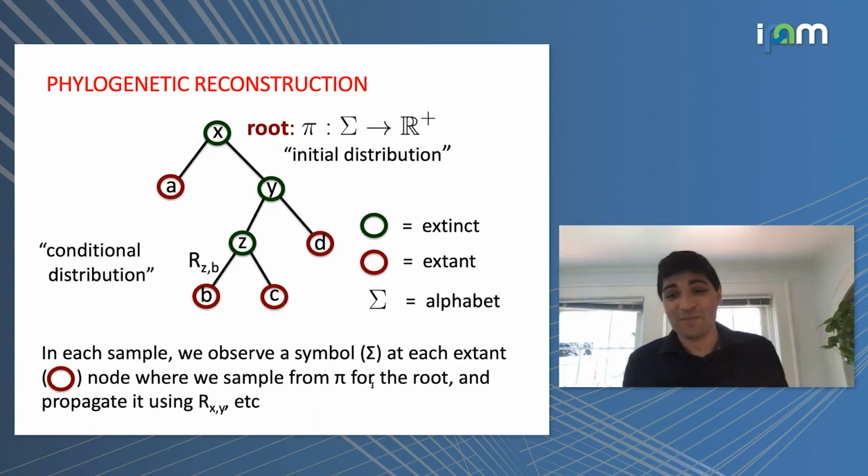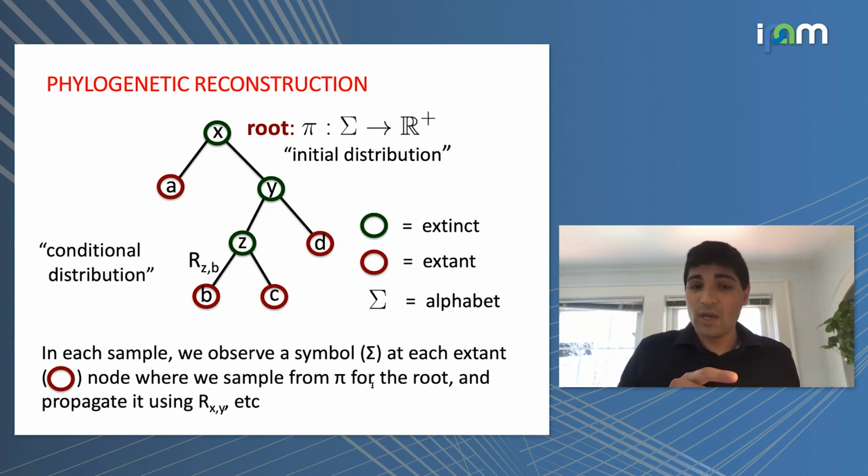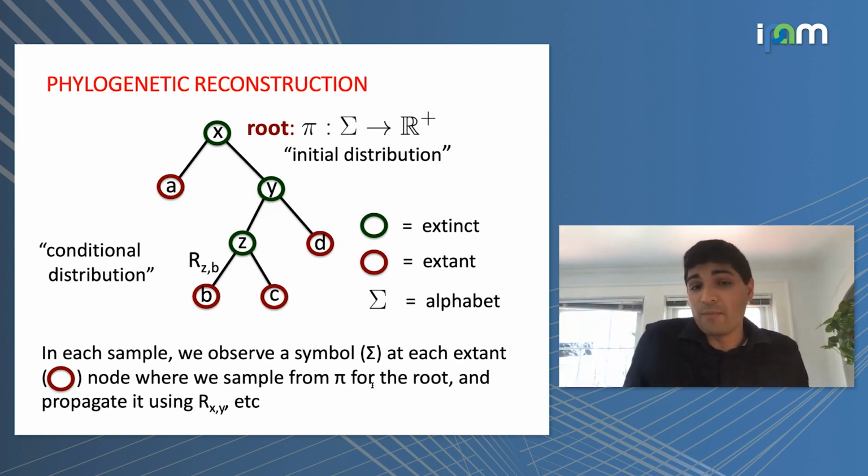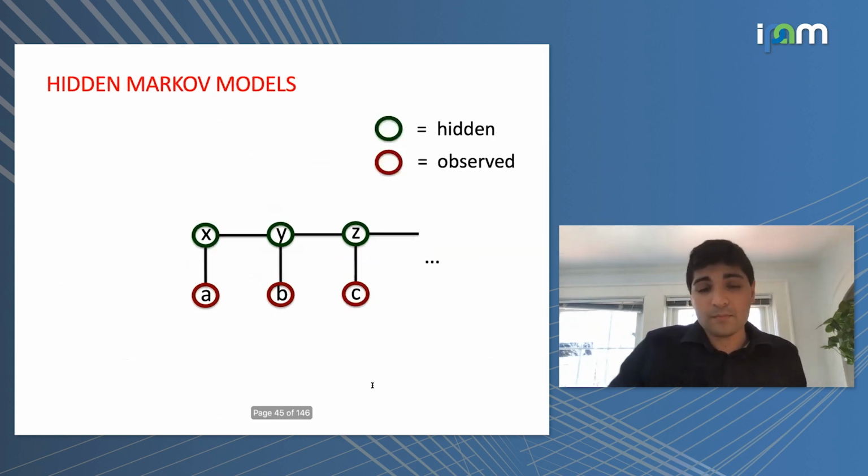Okay, sounds good. All right, so we have this phylogenetic reconstruction problem with the tree of life. Now that's just motivation. Really, it's a very simple statistical model because we're getting some sort of word on this alphabet sigma, coming from the stochastic model where we start with some distribution on the root, and then we propagate it with these transition rules, these matrices R that happen along the edges of our tree.